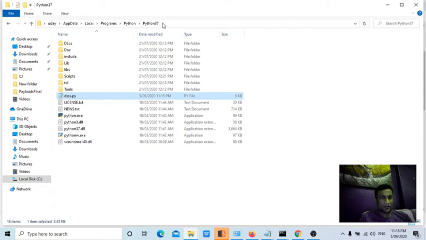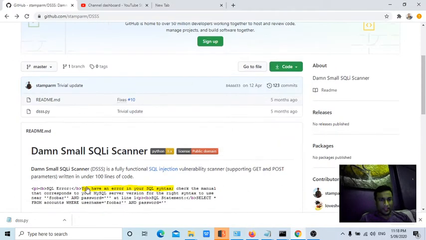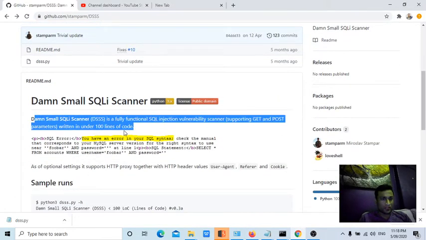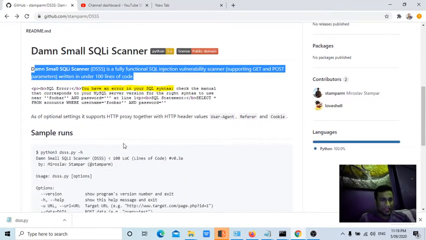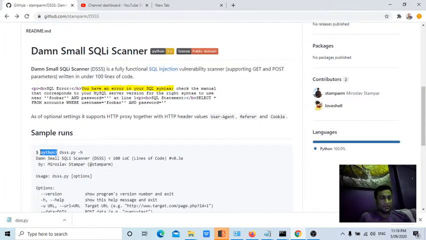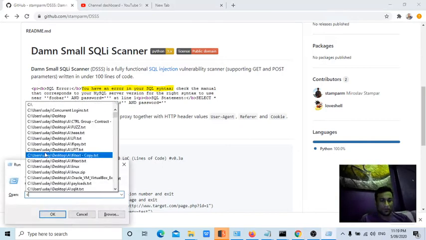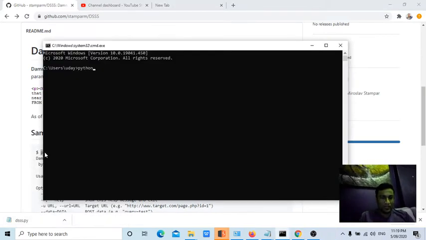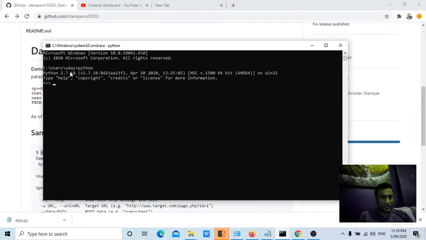I copied it to Python 3, because as I can see here, he did not mention whether this particular tool runs on Python 3 or 2, but here he mentioned Python 3. You need to be very careful guys, because whenever you come across Python 3, that means you need to install Python 3.something, anything. Nowadays it's good to download the latest version. If you try to use Python 2, for example, I installed Python 2 in my machine, so by default when I run Python, it is showing Python 2.